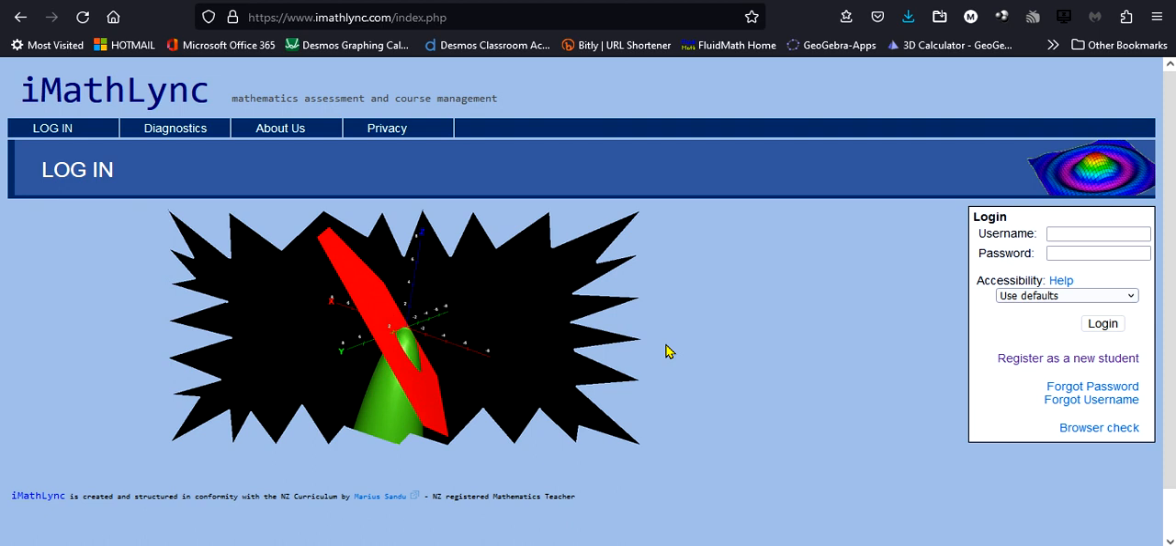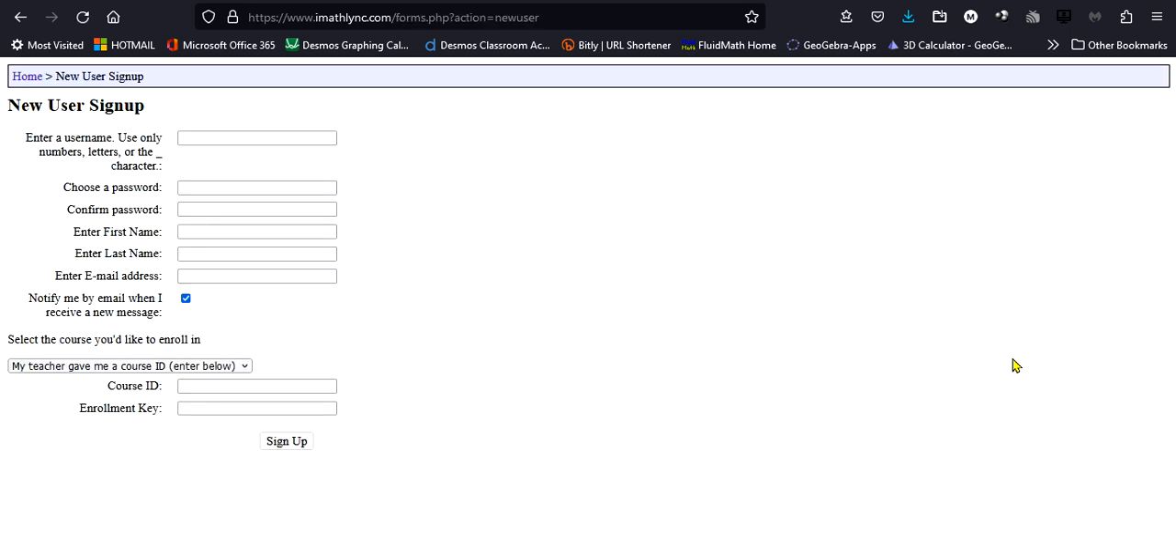Hi, this is a video on how to allow your students to self-register on iMathlync. From the login page, if you direct them to click on Register as a new student, this will open a new window